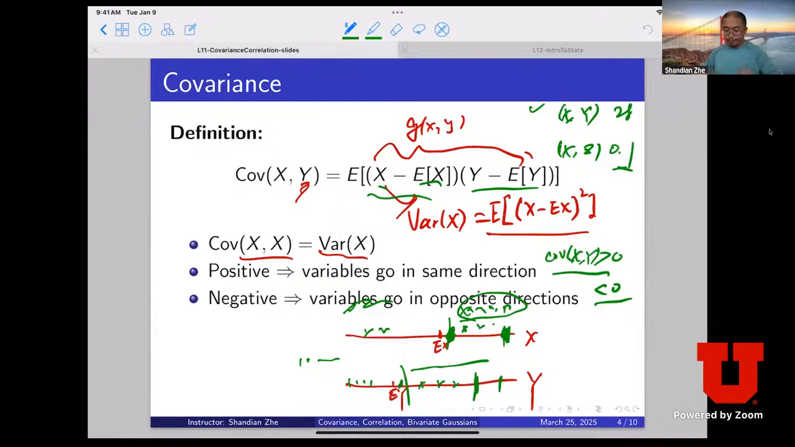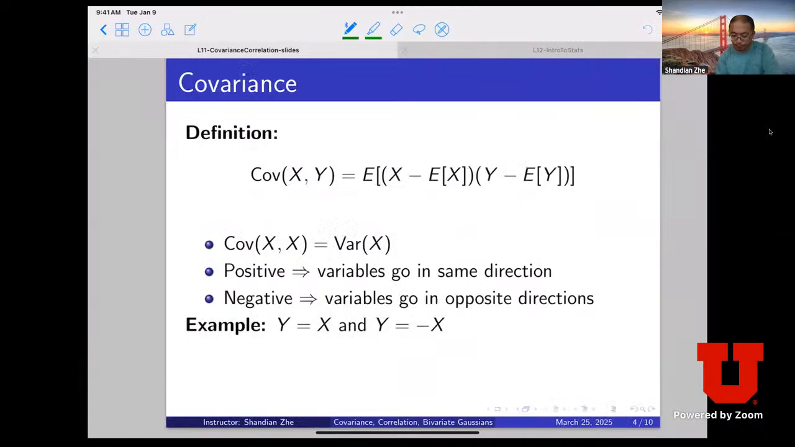That's why covariance is always an intuitive metric to look into the relationship between two random variables. And we'll talk later about the relationship between covariance and independence between the random variables. Okay,